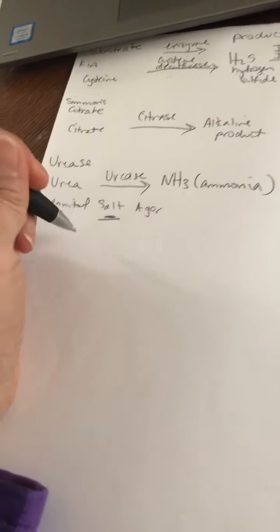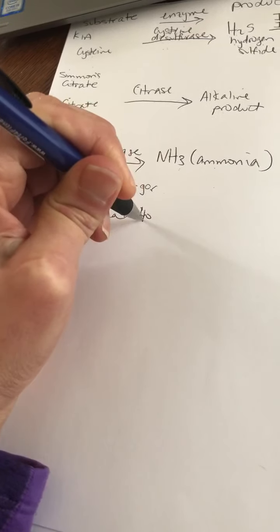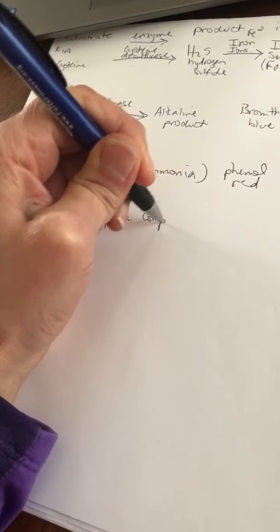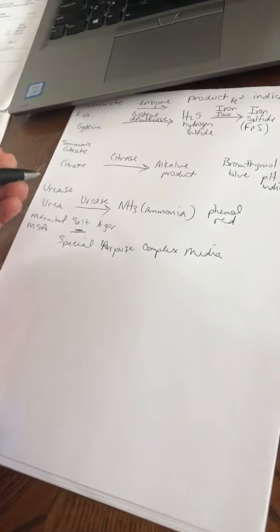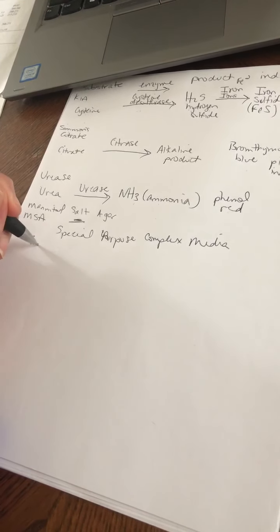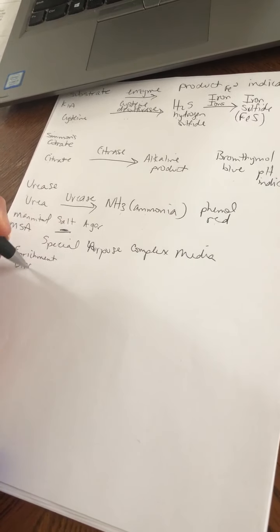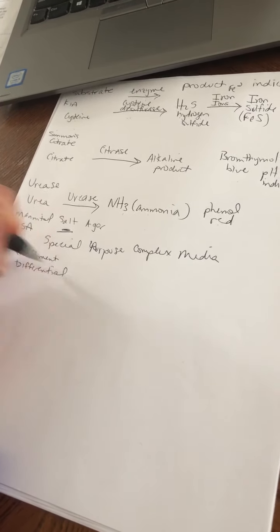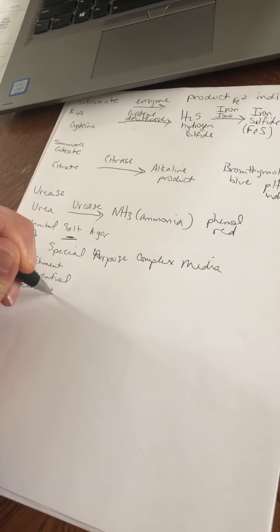So mannitol salt agar is known as a special purpose complex media, and we're just going to write some stuff out here to help you understand this. It's a special purpose complex media, and there are three different types of special purpose complex media. There's enrichment, differential, and selective. And you learned about this in lecture quite a bit ago, but now we'll get to see it